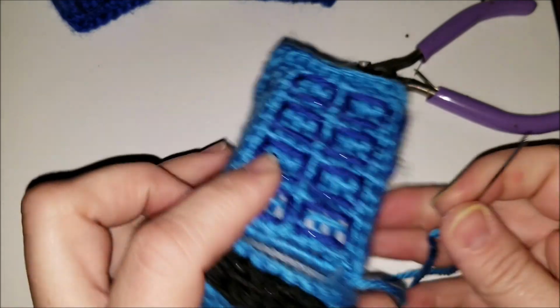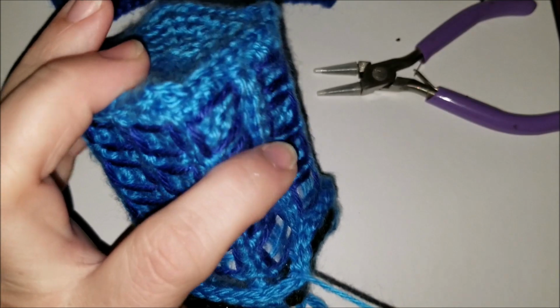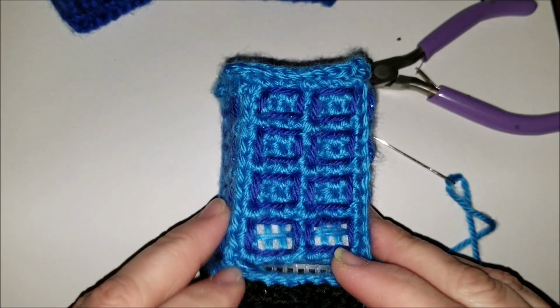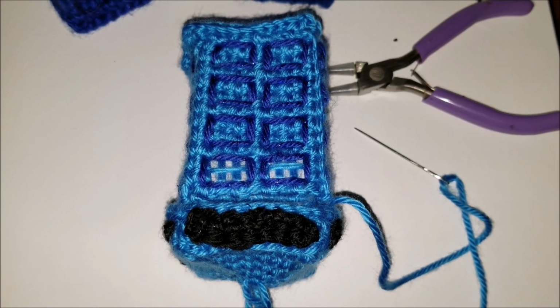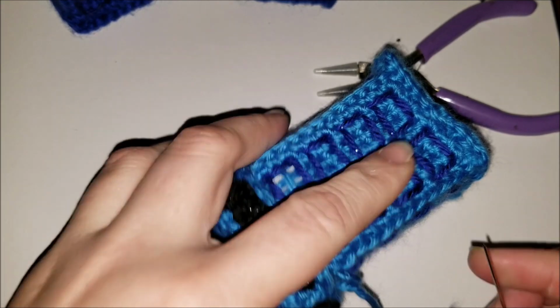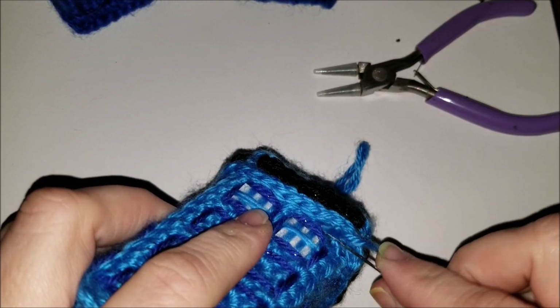So I'm going to go ahead and finish. You've already seen all this, and that's going to get boring if I keep showing you. So I will be back when I get to the end, and we'll finish this sucker off. I'll be right back. Alright, I'm at the very end here, and I did say that I was going to cut this knot off,